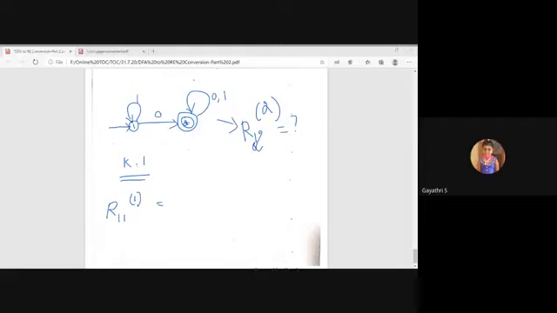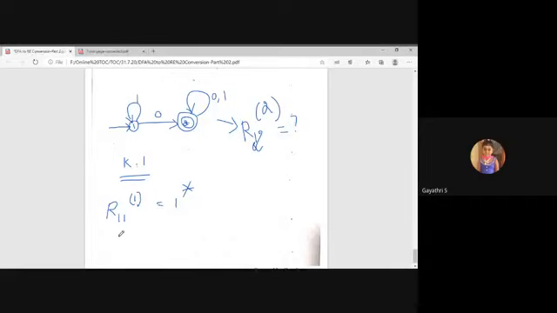R1 1 of 1. Take your time, that's enough. You have to do it yourself. Take a paper, first write the formula, then apply the values i equal to 1, j equal to 1, k equal to 1. Since k equal to 1, the power becomes 0, right? R11 of 0 plus R11 of 0, then R11 of 0 closure, again R11 of 0. Yes, super. 1 closure, right. Next, same thing. This is 1 closure.